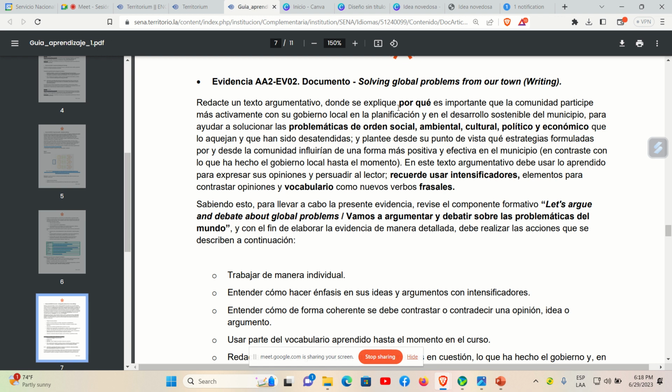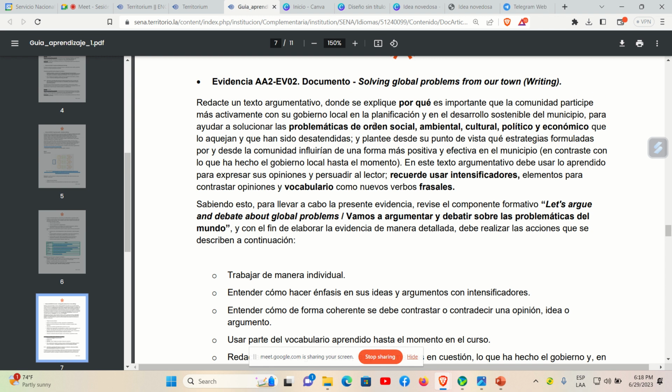Ahora, la siguiente es un documento basado en ese gráfico que ya hicieron. Para esto van a redactar un texto argumentativo, es decir, usted va a dar argumentos, va a dar ideas de por qué esa problemática está afectando la calidad del aire o la calidad del agua, bueno, lo que sea. Entonces, redacte un texto argumentativo, entonces explique por qué es importante que la comunidad participe más activamente con su gobierno